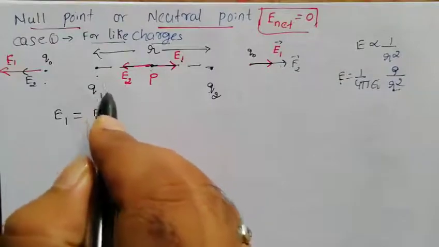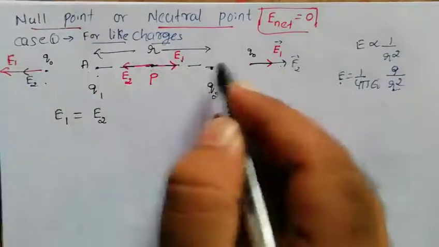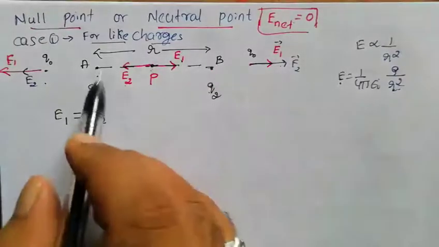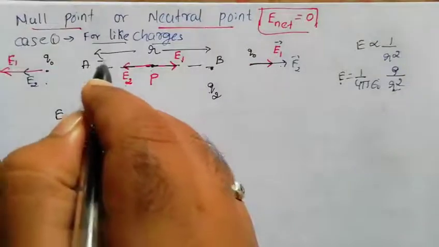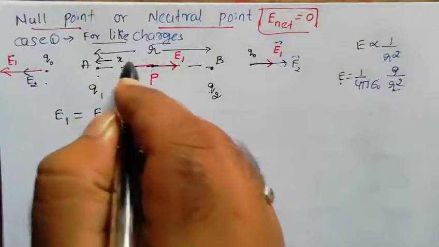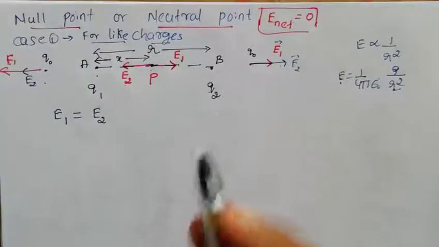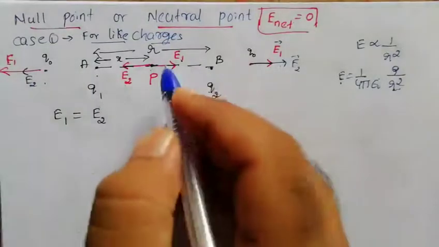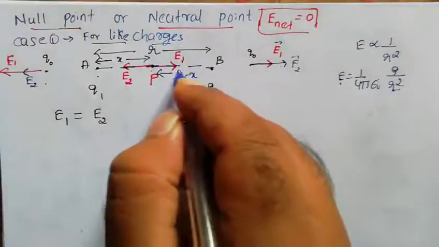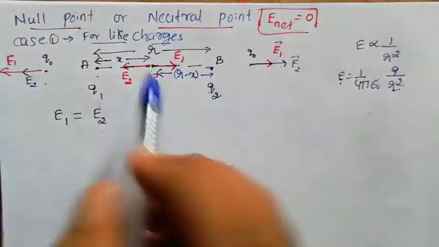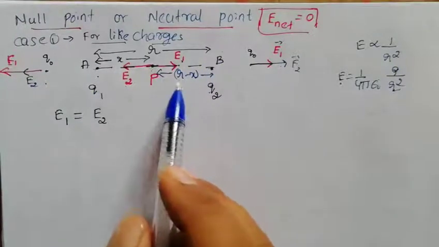Let us take a distance from point P to A, and this is B. So A to P, let me take the distance as X now. Let me indicate with this distance. That is how much now? X, from A to P. Then what is the distance from P to B? It will be R minus X. Why is it R minus X? Total is R. In that we have taken this A to P as X, remaining is R minus X.